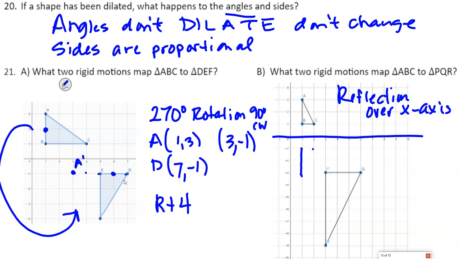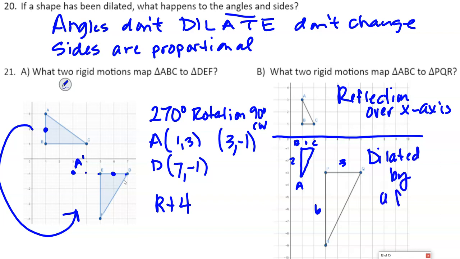Right there. Wouldn't that be my shape if it just reflected? That would be B and C and A, right? So something else happened to it. What else happened to it? So notice this side is 1 and this side is 3, right? This side is 2 and this side is 6. So what happened to it? It also dilated